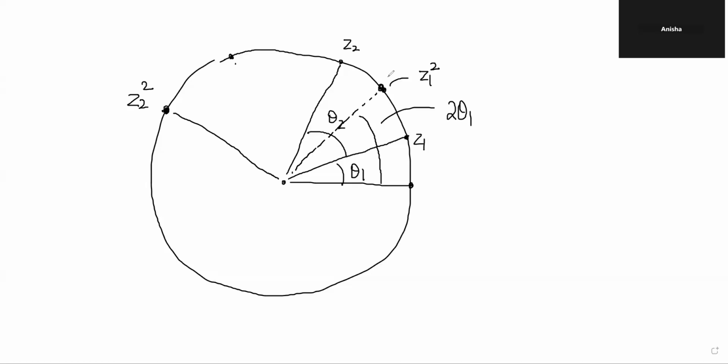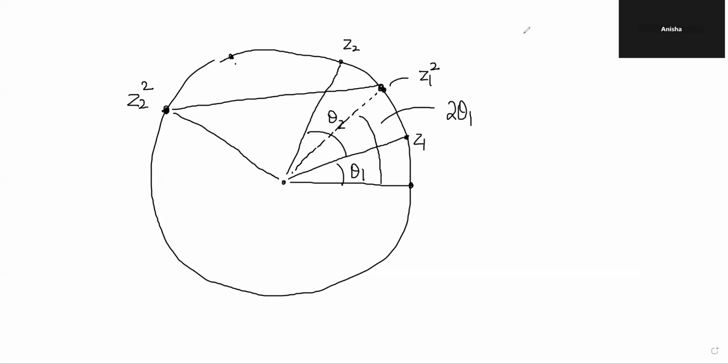So technically, they are also points on the same circle, but now if you go up to Z10 square, it will come back around, right? You have to do two full rotations to get to Z10 square, correct? And then you are being asked the sum of the distances between them. So